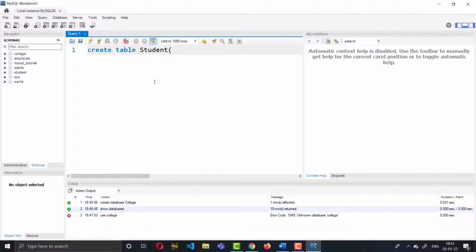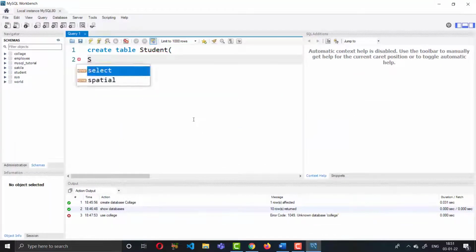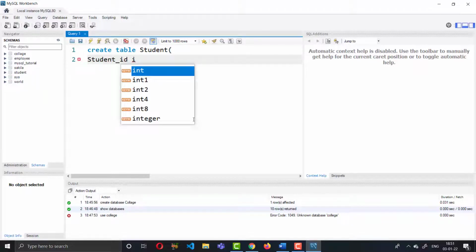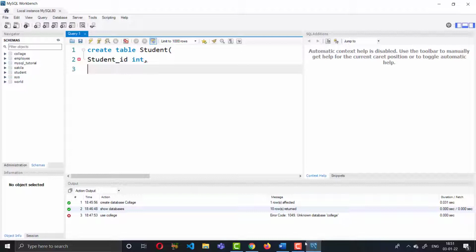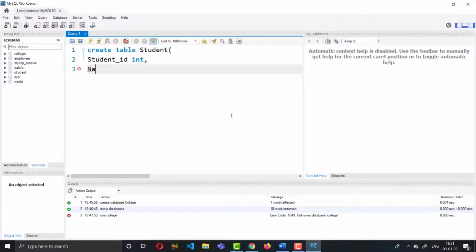Student, and open your left parenthesis and select the attributes. First set the attribute student ID. For more clarity I give the full name, student ID, and set the data type for this attribute or column as integer. Now I'm selecting one more attribute, name. Name I have also chosen.